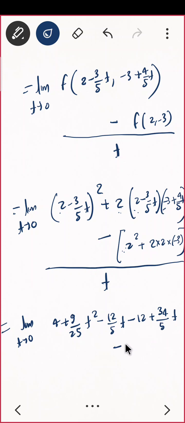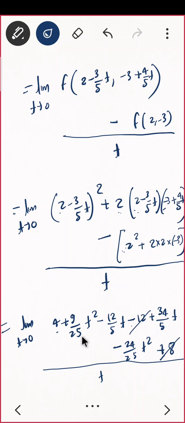And minus 24 upon 25 t square, and in subtraction what will come? It is 4, 12, it will just be 8, it will become plus 8 and divide by t. Okay, and you see that this is 4 minus 12 and 8, this is gone. Here t will come, so limit t tending to 0, this is also gone, you will be just remaining with these two terms, correct? So minus 12 by 5 and 34 by 5, what will come? 34 minus 12, that is 22, so the answer must be 22 by 5,